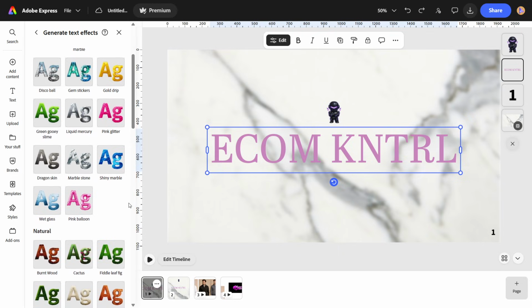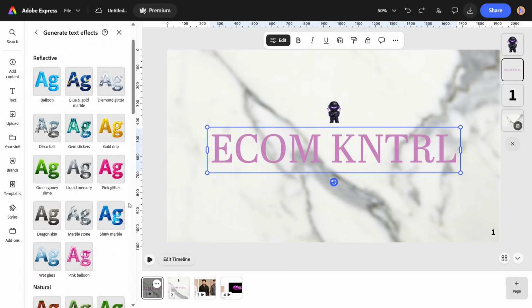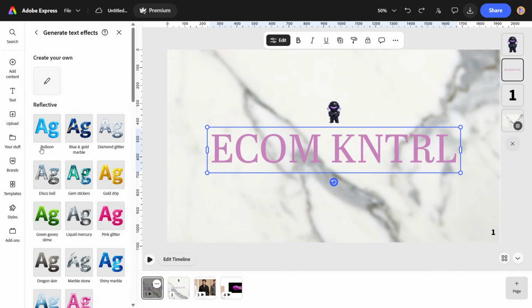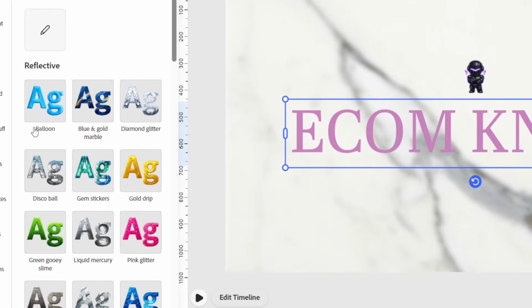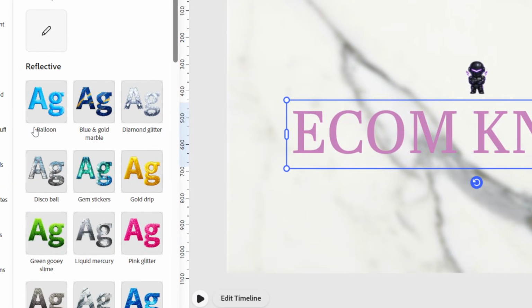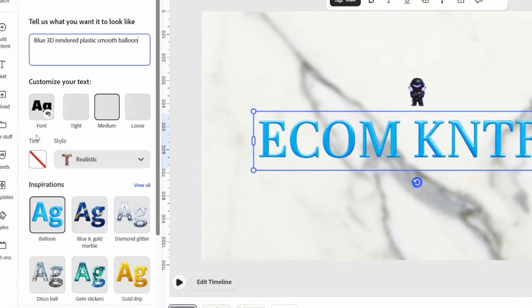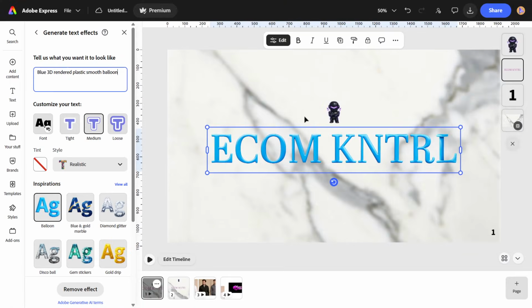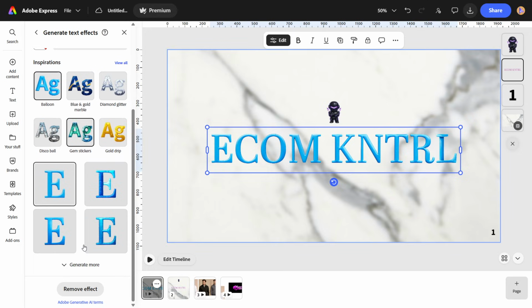Now browse through the effects until you find Balloon, then click on it. As soon as you do, Adobe Express will apply the balloon effect to your selected text. You should see your lettering change into a more inflated, playful style, almost like it has been shaped out of balloons. This can work especially well for party graphics, event invitations, kids' designs, or any project that needs a fun